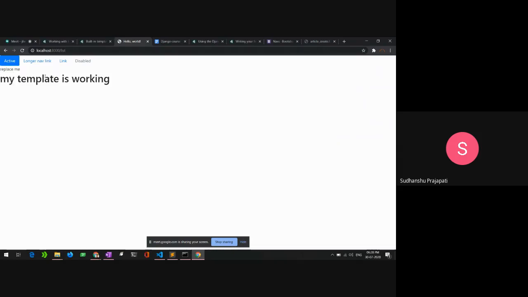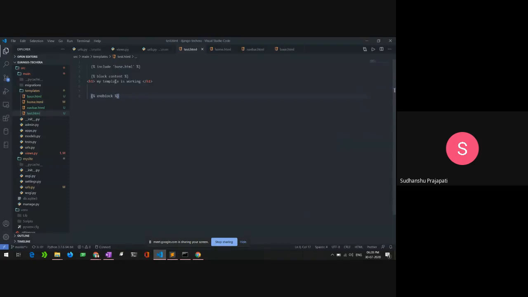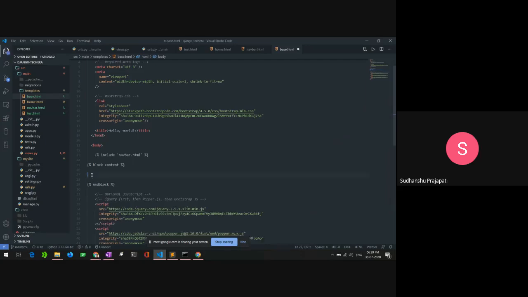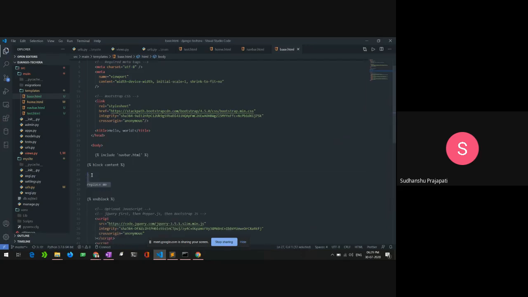In Python or even any language, whenever you do inheritance, you replace that part, or you inherit the properties of that. So when I'm inheriting that template, I'm giving a block of content where it should look inside the base.html and replace it. If I don't try to replace it here, it won't affect it.